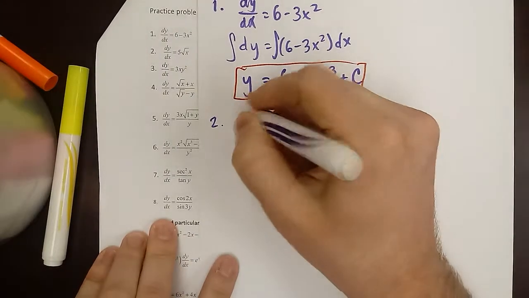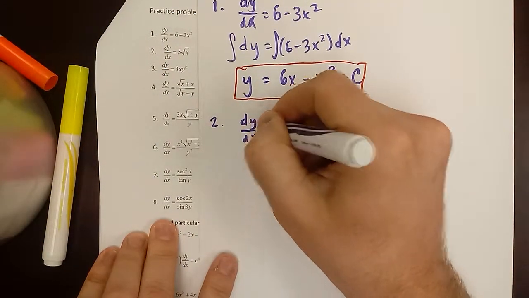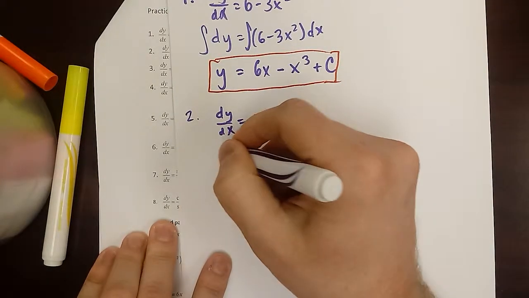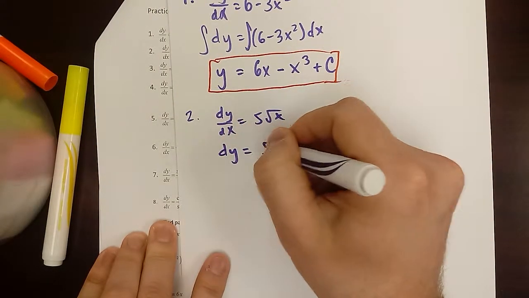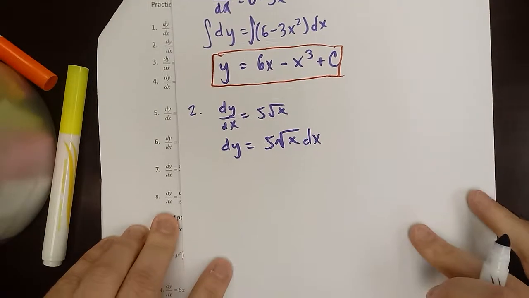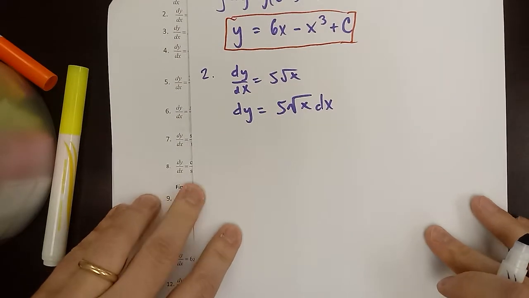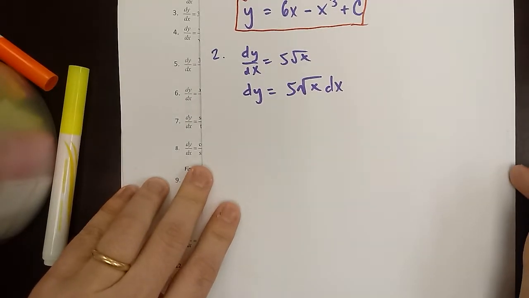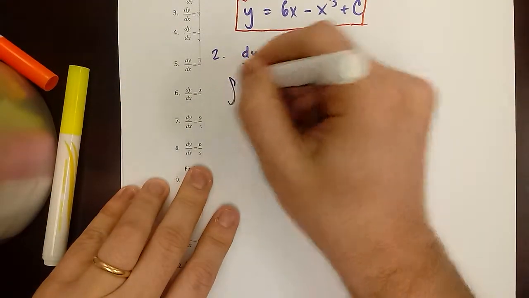All right, dy/dx is equal to 5 root x. So if I separate the variables out, if you've been following along from the beginning, this should feel a little bit insulting how easy this is compared to what we were just doing at the end of the notes. Okay, let's see. So when I integrate both sides,